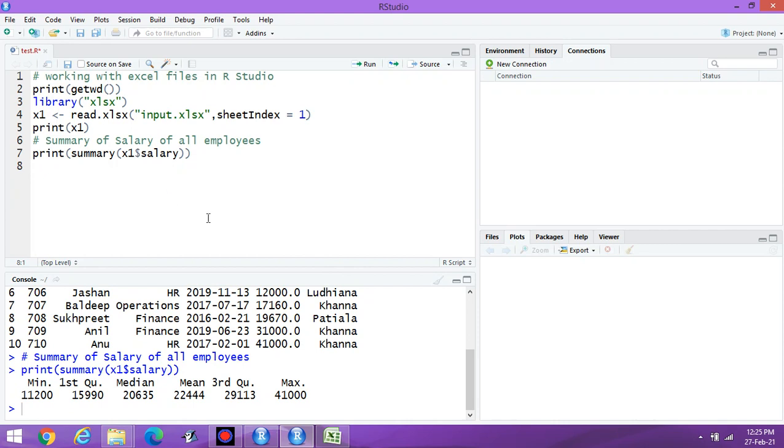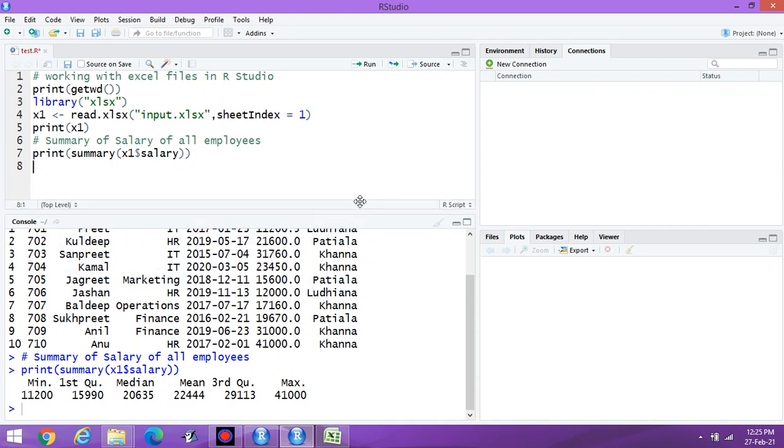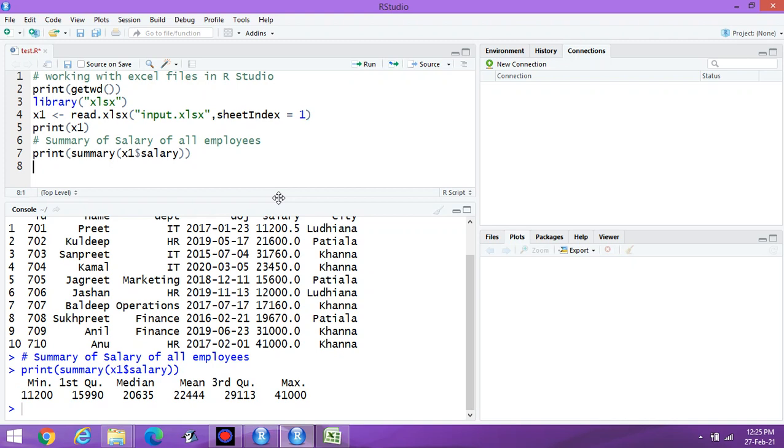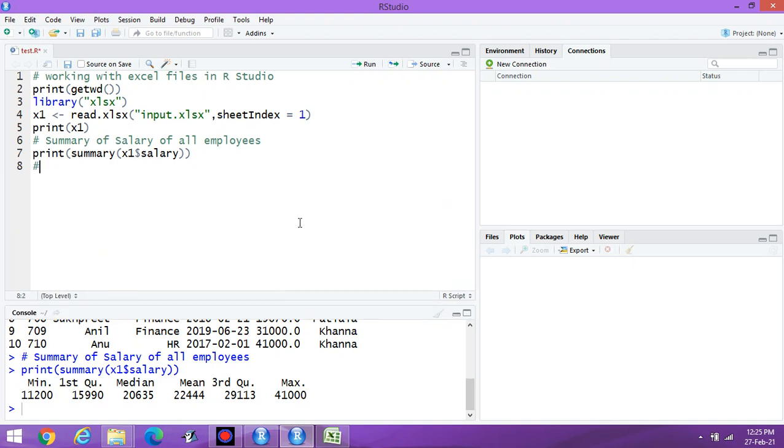Suppose I have to display only the first three rows, then what to do? Target is display first three rows.